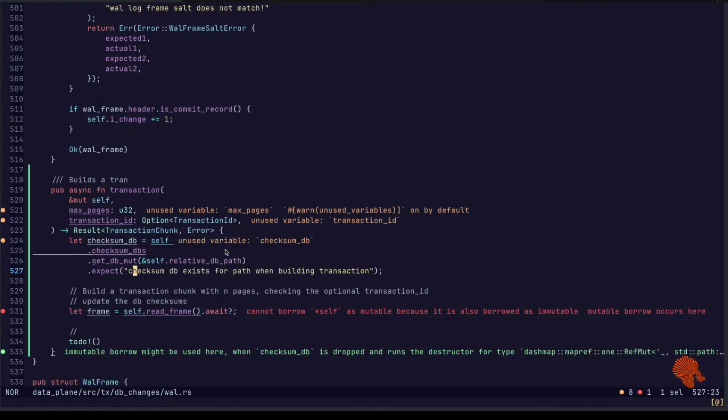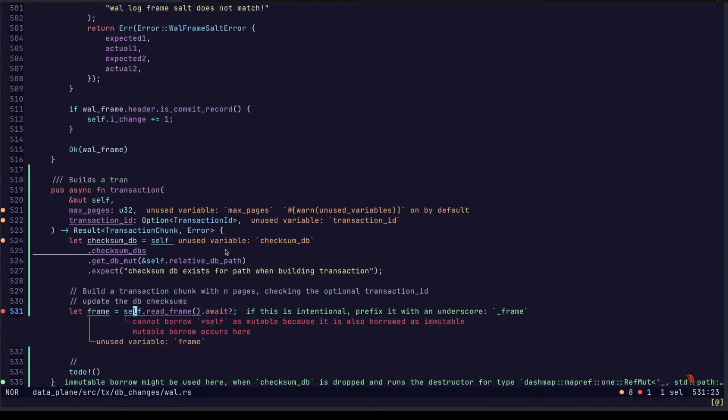So we have our checksum DB. We have our frame. Now, what is on a frame? Oh, we are borrowed mutably twice.